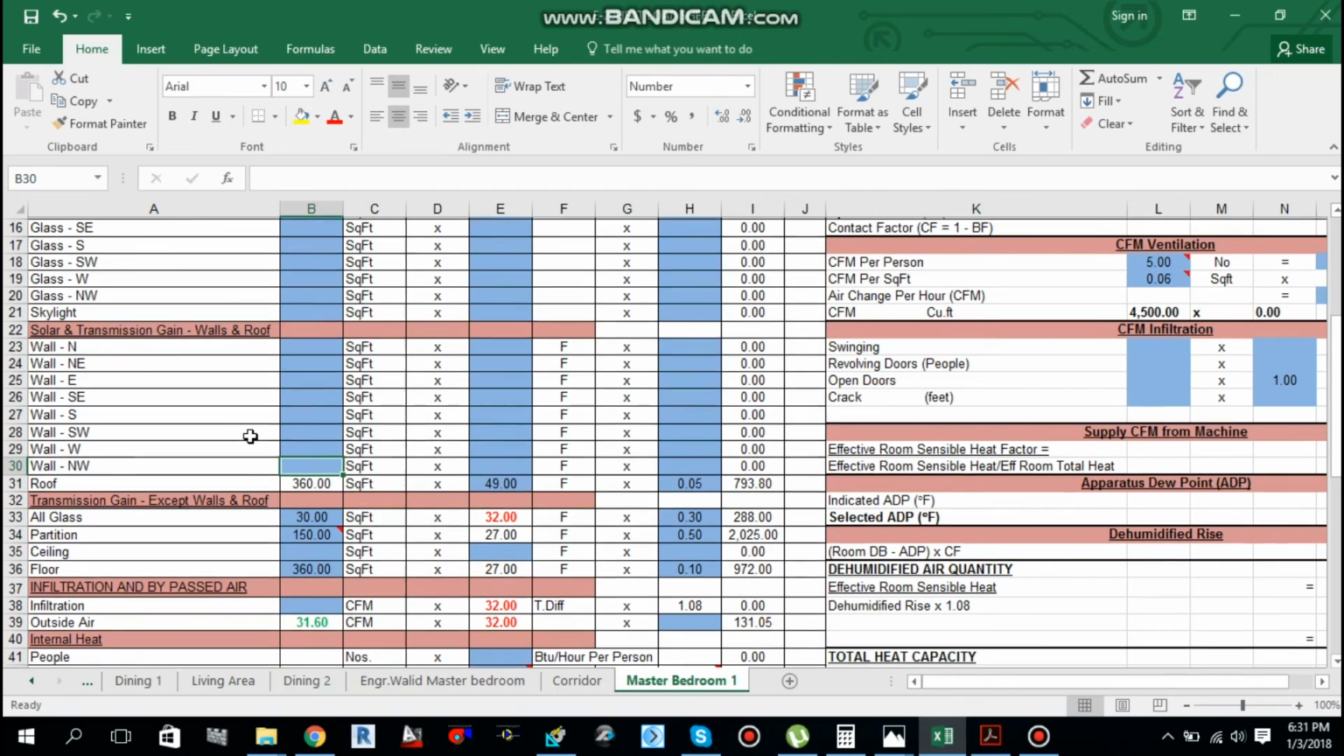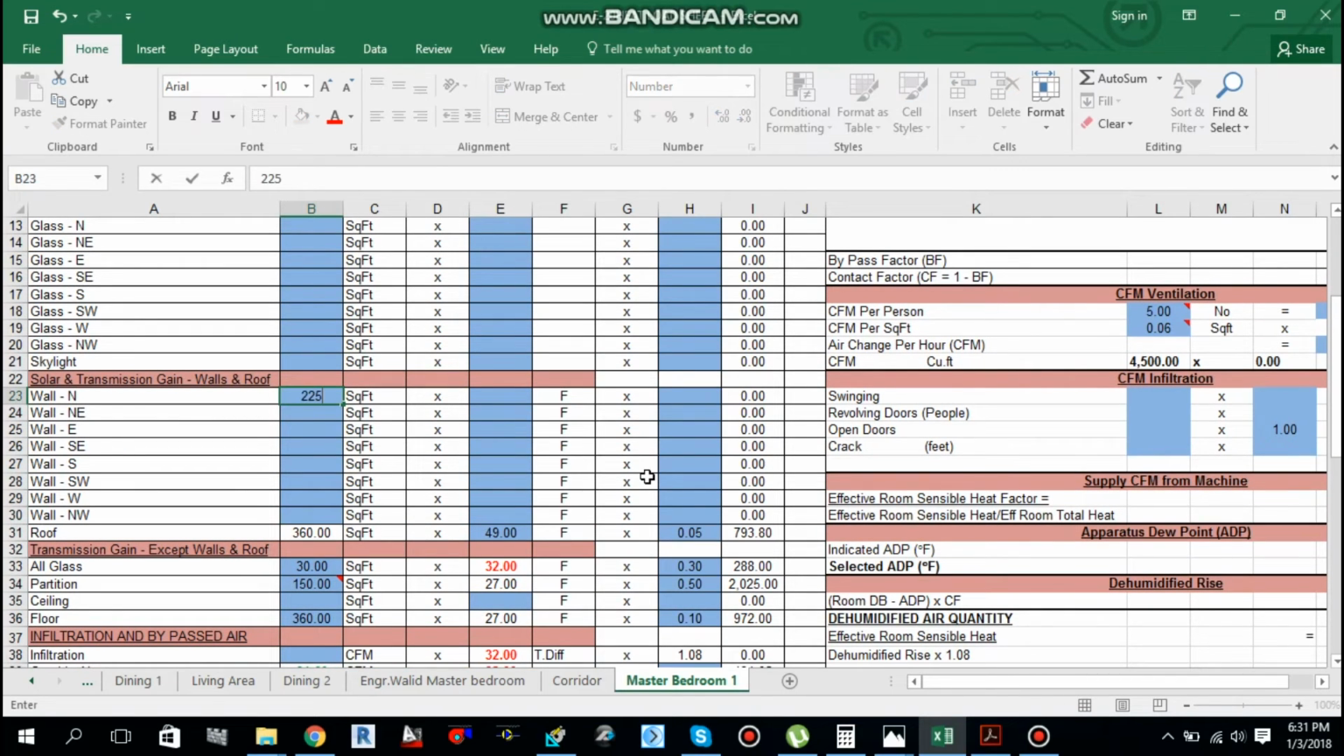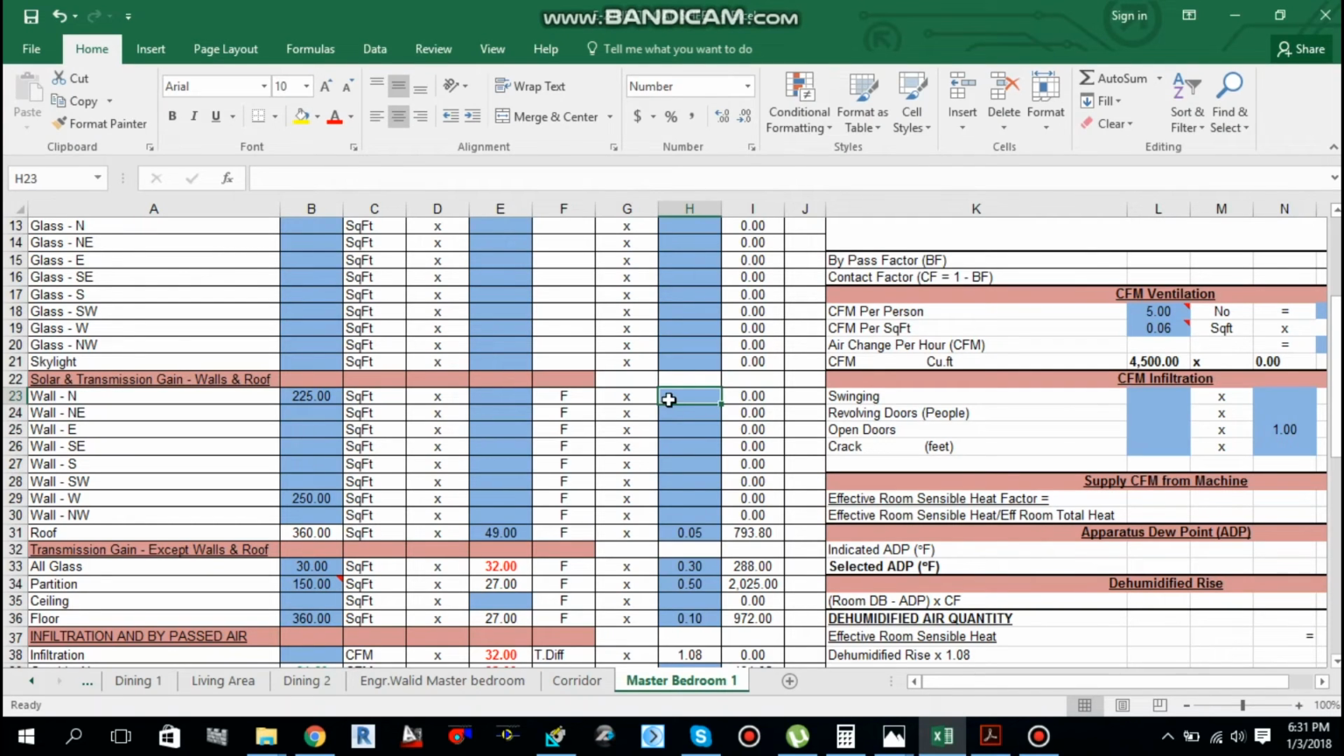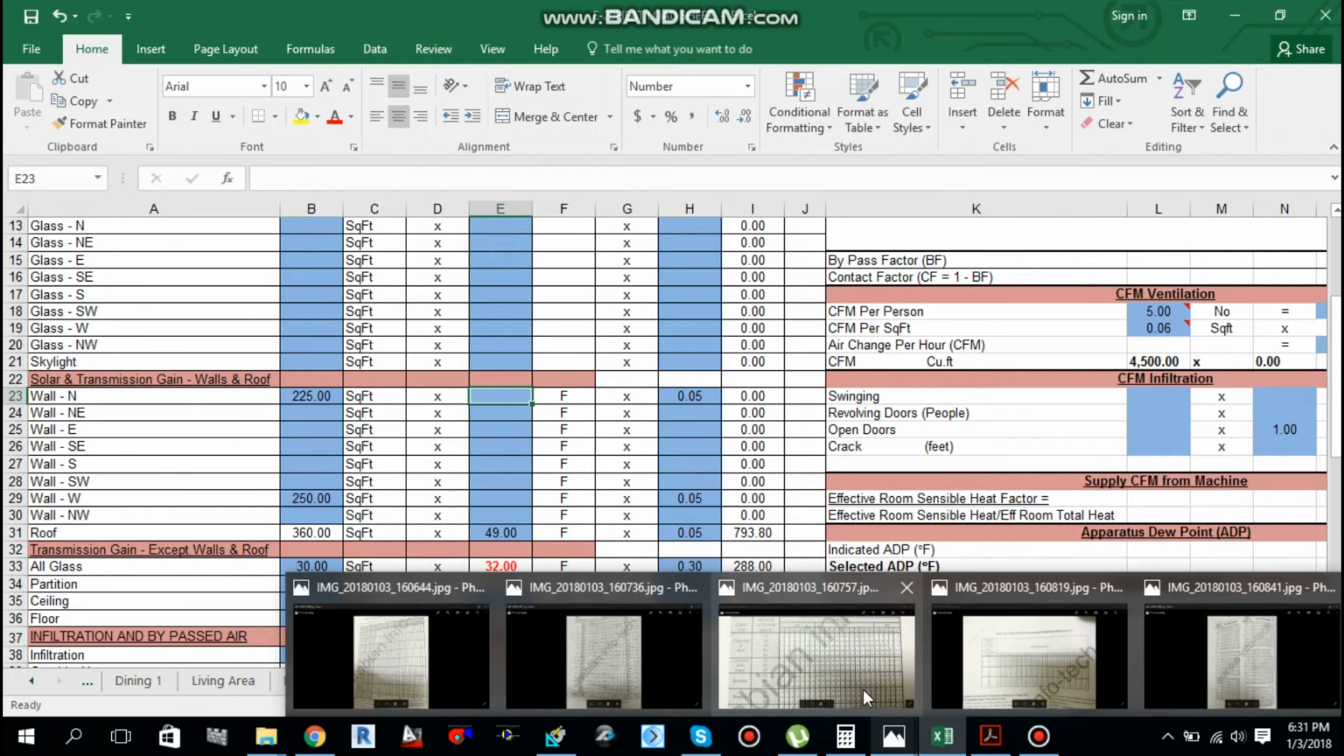Move back to the E20 form. So the north wall got 225 square feet and the west wall got 250 square feet, and we know that the U value for the wall is 0.05. Just double check again, the U value for the wall is 0.05. Okay, use that over here, 0.05, same over here, 0.05. Now we have to use delta T values. In the same way we calculated the roof delta T, we will calculate delta T values for the wall. So if I move back to the other chart,